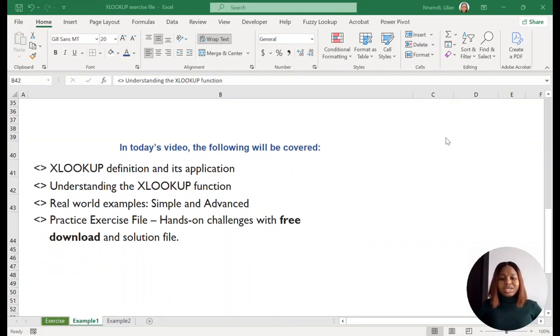XLOOKUP is one of Excel's lookup functions and it's used to find data in a table. For people familiar with VLOOKUP and HLOOKUP, you would love XLOOKUP because XLOOKUP performs the same function as both VLOOKUP and HLOOKUP, except that it's also more flexible and it also has more parameters. Also, it eliminates some of the limitations that are associated with VLOOKUP and HLOOKUP as well. So now let's look at the XLOOKUP